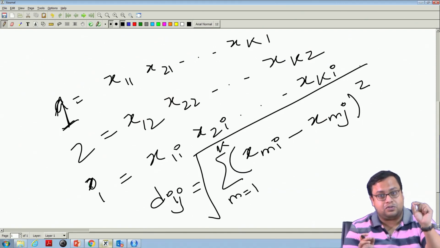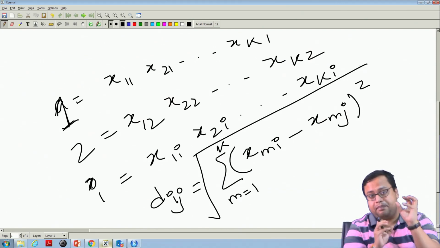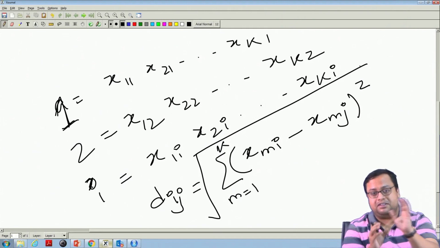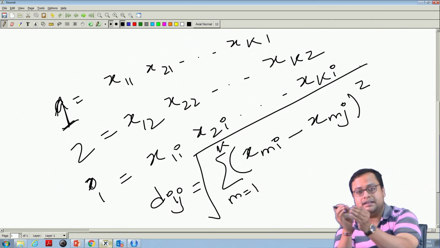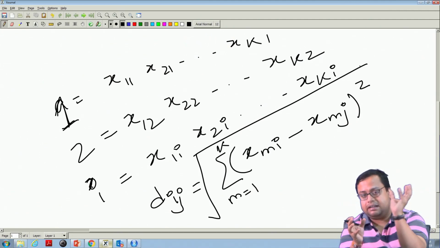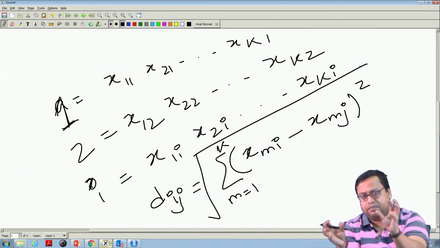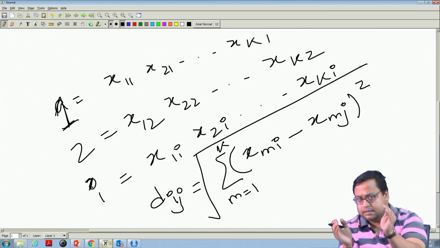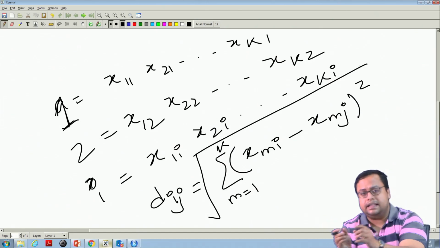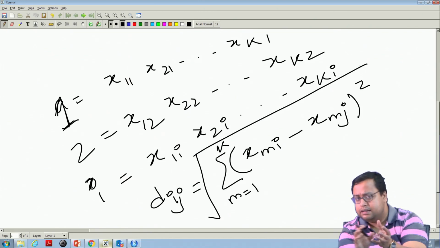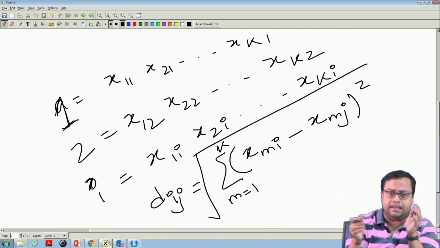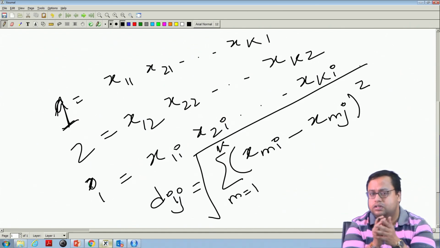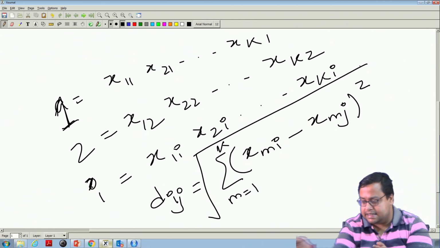Each of the 2 same characteristics you take up. Let us say brand awareness of A and brand awareness of B, you find the difference and square it. Then again you take price sensitivity of A and of B, subtract and square it. And then let us say brand loyalty of A and of B, subtract and square it, and then you add them up and take a square root. That is how Euclidean distance is calculated.